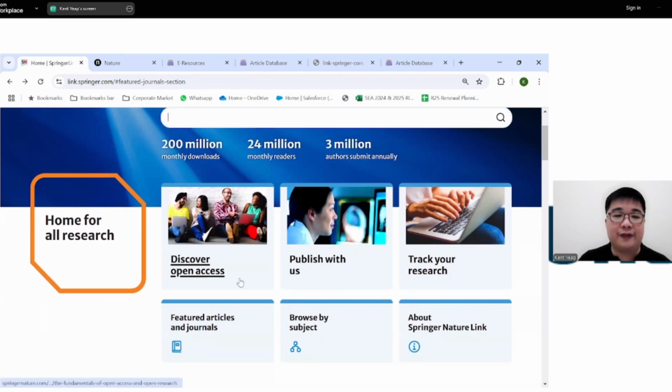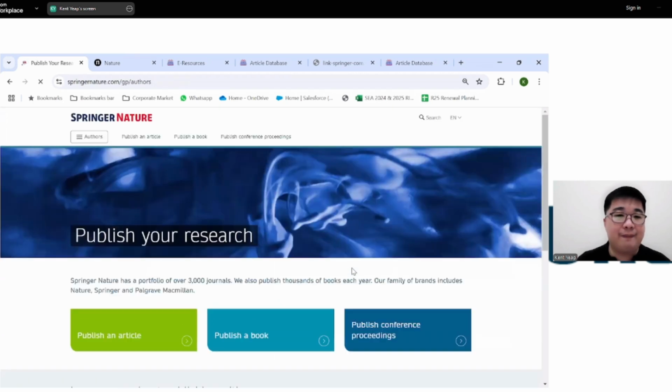So if you are, for example, interested to learn a little bit more about what open access means, for those of you who are not familiar, you can always click here and it will redirect you to other websites within the Springer Nature group that would explain the different types of open access that we support and how you can then publish in open access as well, or gain benefit from publications that have been published as open access articles or books.